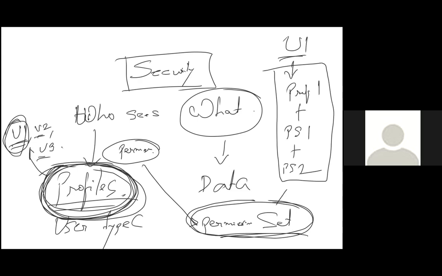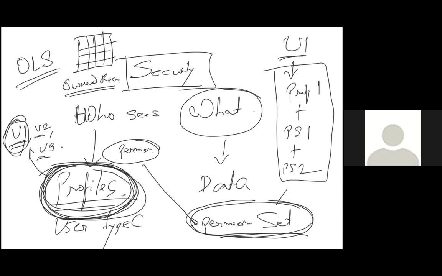What permissions do we give in profiles and permission sets? We give object level security. That means what you can do on a table on your own records, wherein you are the record owner. That permission is given in OLS. In profiles and permission sets, we can also give FLS, that is field level security. That means what you can do on these columns on the record you own. Okay, this is profile and permission sets.